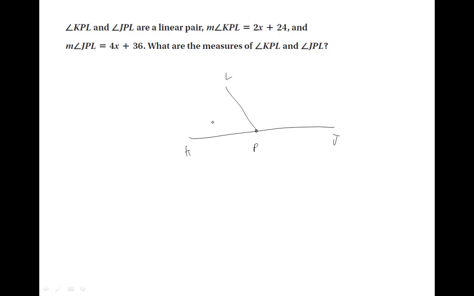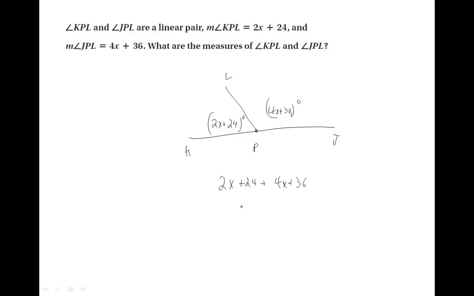So KPL, I'm going to put just 2x plus 24. That's the measurement of this thing. So that's just an expression for how many degrees it is. And then over here, I'm going to do 4x plus 36, with the little degree symbol there. Now, we don't set these equal to each other because we don't know that they're equal. What we do know is that together they form a line, and if you combine two things together, you're using addition. So if I add these two things together,